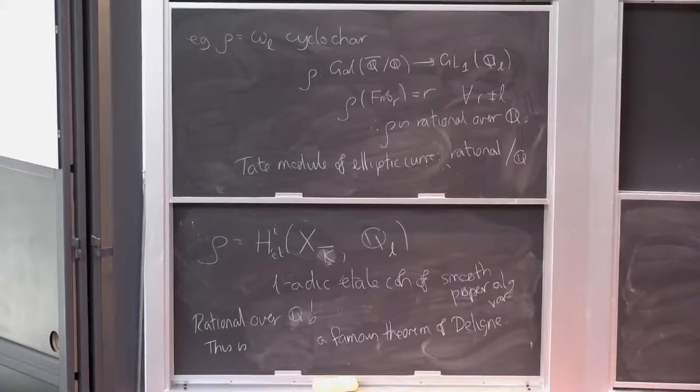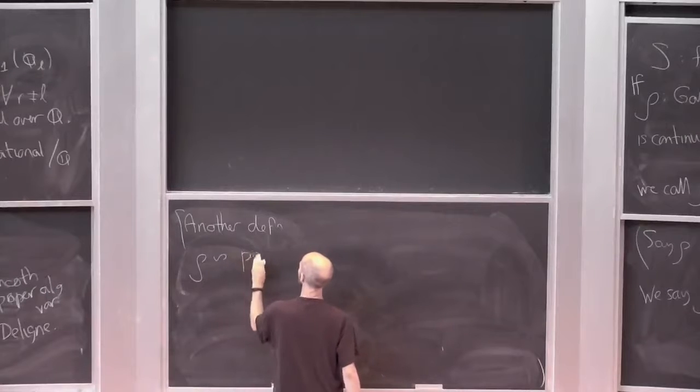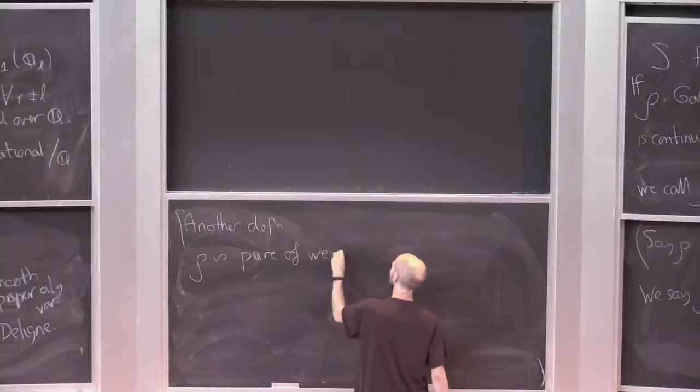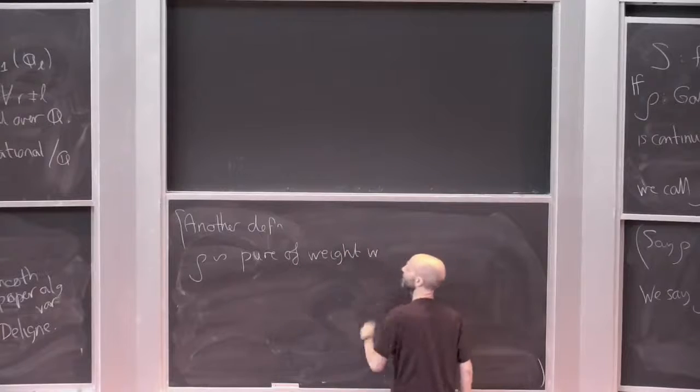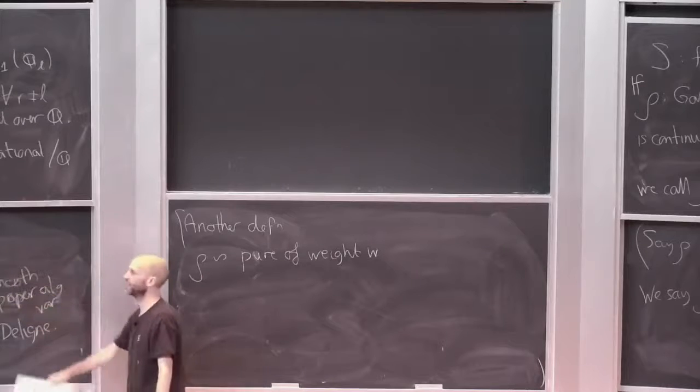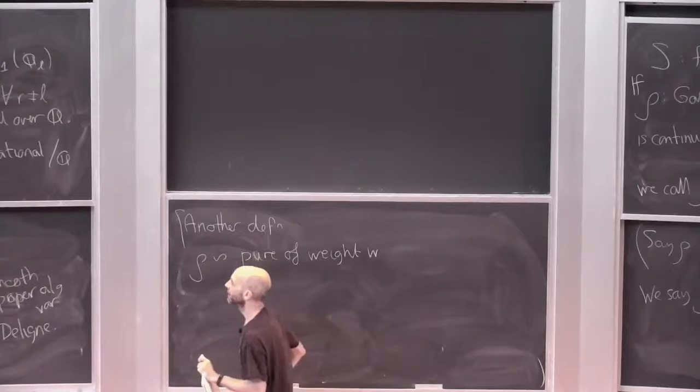There's some other crazy notion as well. Here's another definition that I don't think we'll particularly use: rho is pure of weight W. The only reason I mention it, as is perfectly clear, I know essentially nothing about étale cohomology,